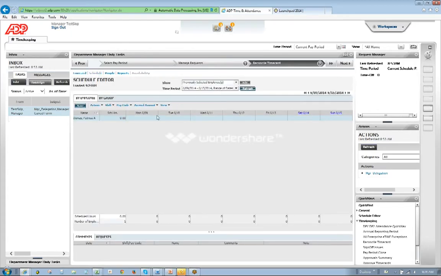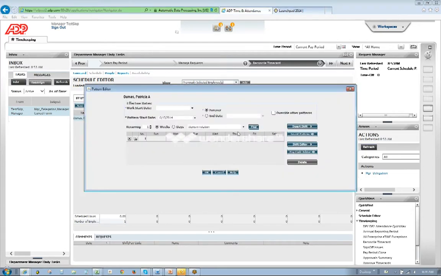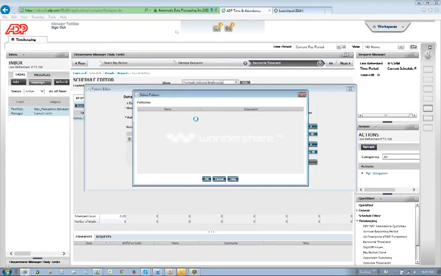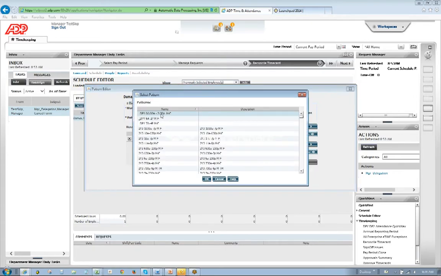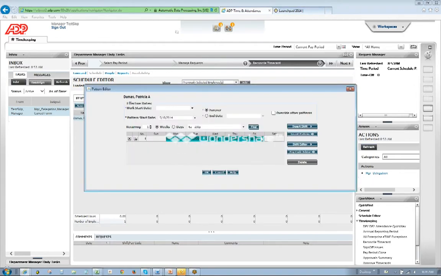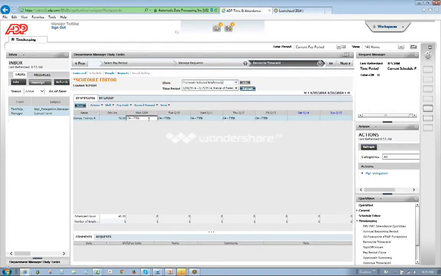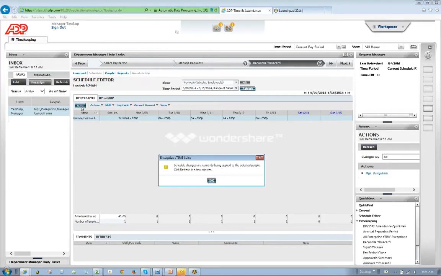And it knows what period I'm in. And just like in the version that you have now, we use shift patterns to add the pattern for this particular employee, and they work 6 to 2:30. And once I add that pattern in and give it a start date, that pattern is going to continue from now on. And once I save that,